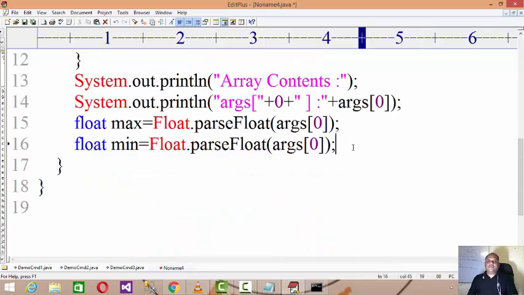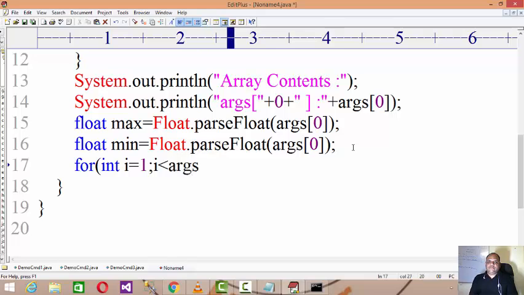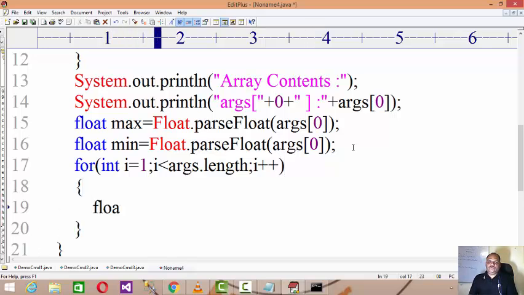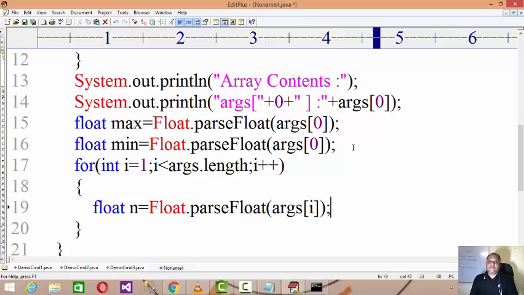And then you set the loop: for int i equals 1, i less than args.length, i plus plus, right? And then float n equals Float.parseFloat of args of i, right?